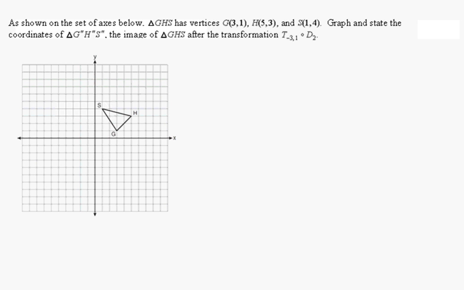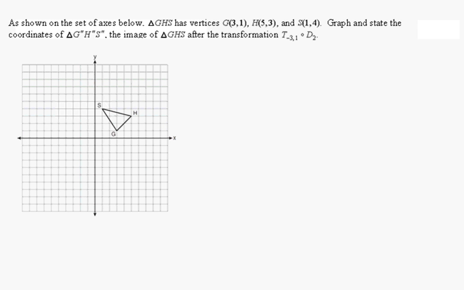As shown on the set of axes below, triangle GHS has vertices G(3,1), H(5,3), and S(1,4). Graph and state the coordinates of triangle G double prime, H double prime, S double prime, the image of triangle GHS after the transformation: translation (-3, 1),